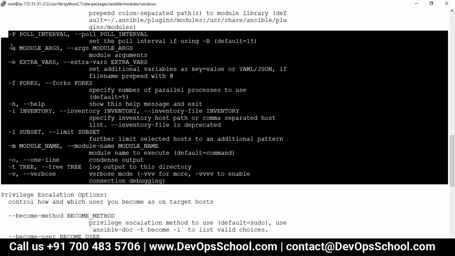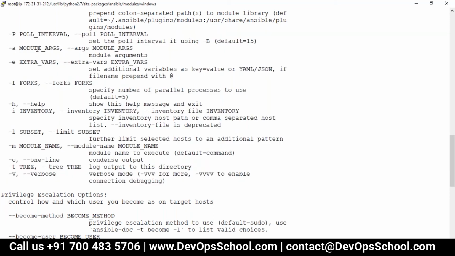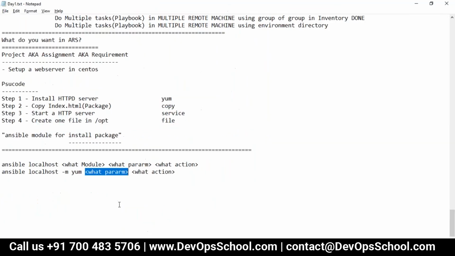So guys, here -a is module arguments, you can pass it. So I learned from you only -a to pass the argument. Now all the parameters and actions will be in the code like this. Okay, so now I learned to run an Ansible command on the localhost.